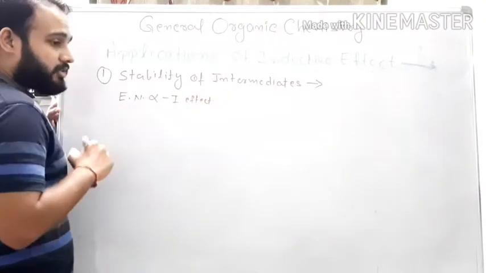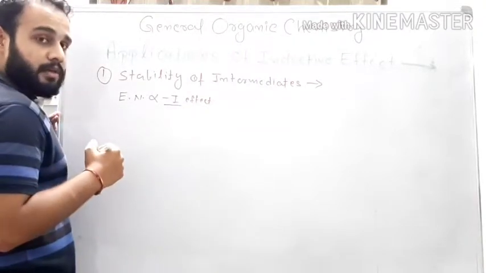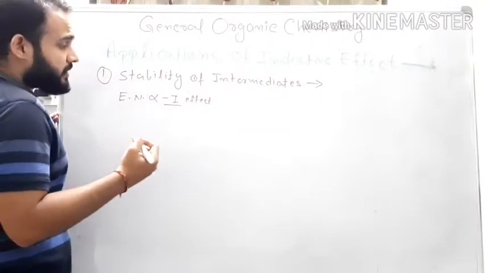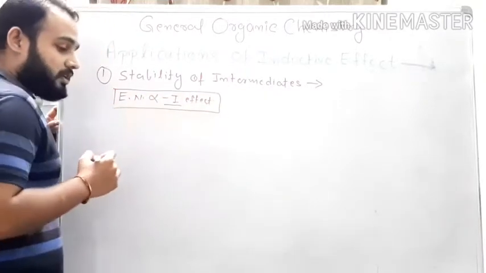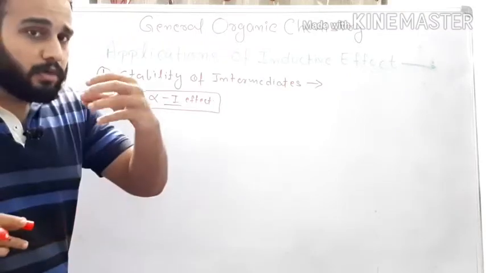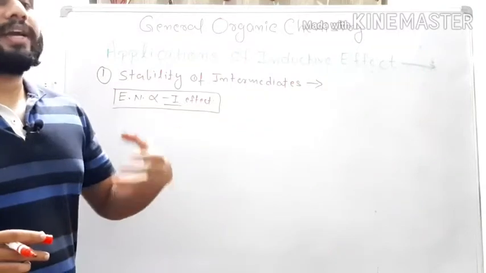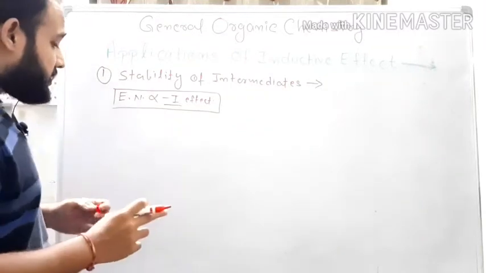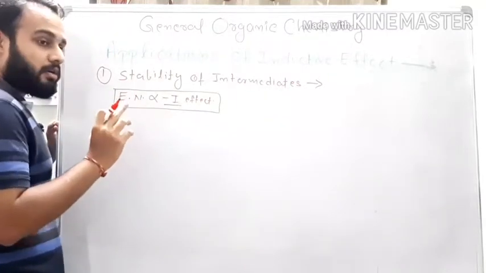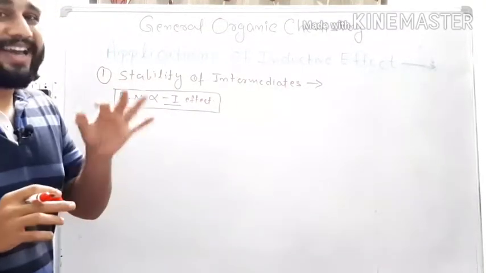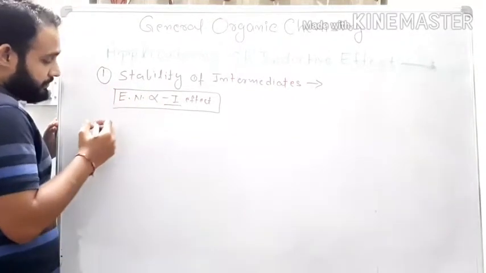When there is a more electronegative element present, it will show a high minus I effect. Understand? Okay. So we use this concept in the explanation of cyclic anions or cations stability. So first we can use this concept in the explanation of the stability between alkane, alkene and alkynes. So we simply see